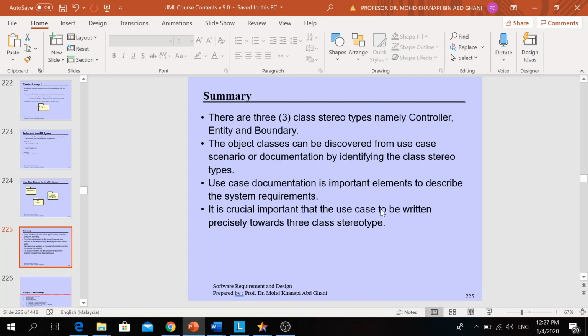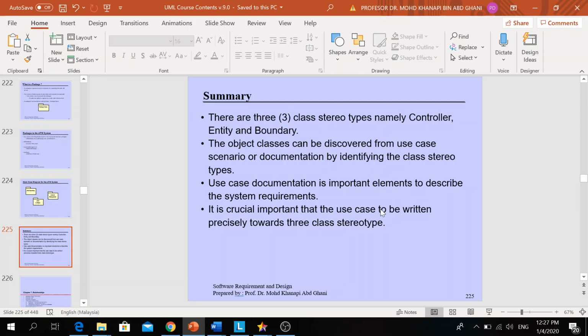But when you start with the simple basic flow of the use case, and then you start to upgrade your use case description with alternative and exceptional flows, then after 3 or 4 times you repeat and correct your use case description, I believe that you will become an expert.